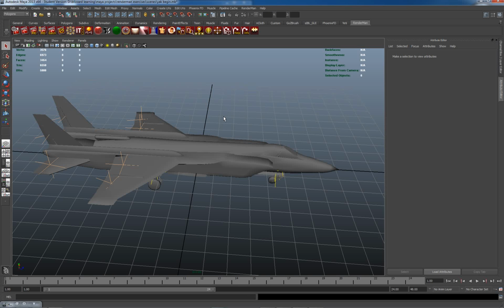Hello and welcome to this, my first video tutorial on Renderman for Maya. The version of Renderman for Maya which I'm using is Renderman for Maya 5.0, which comes with Renderman Studio 4.0. I'm going to demonstrate some of the new features of Renderman, most particularly the physically plausible shading, which is introduced